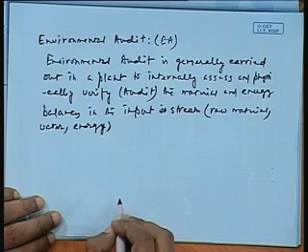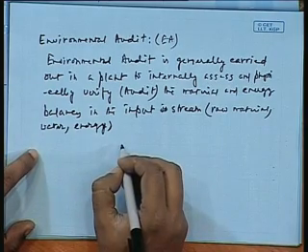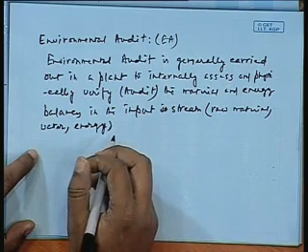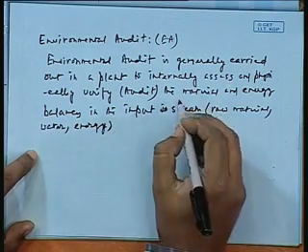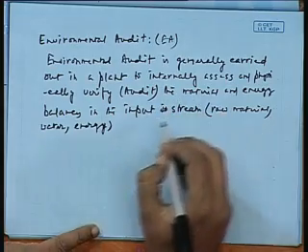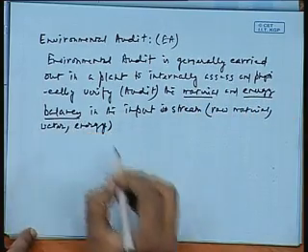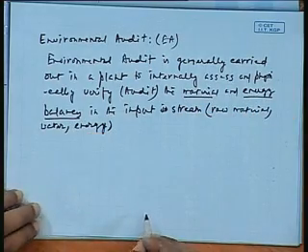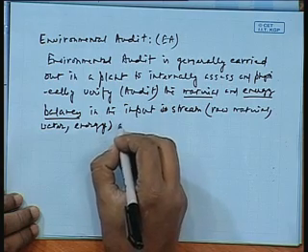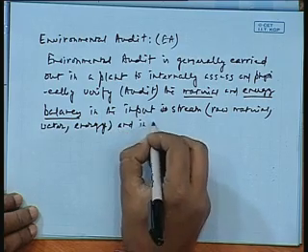These three, raw material, water and energy, say, or even pneumatic power, whatever energy, as we have discussed, to audit the material and energy balances in the input stream, and in the output stream,